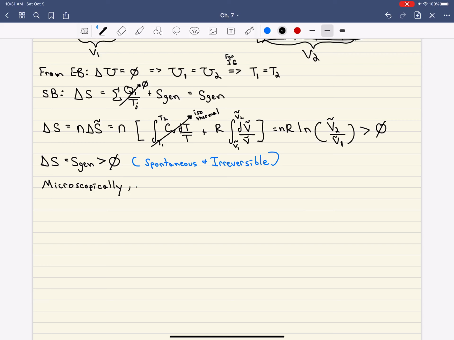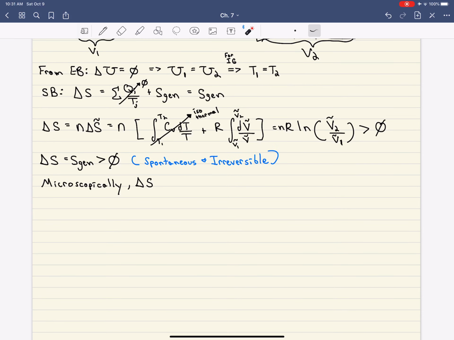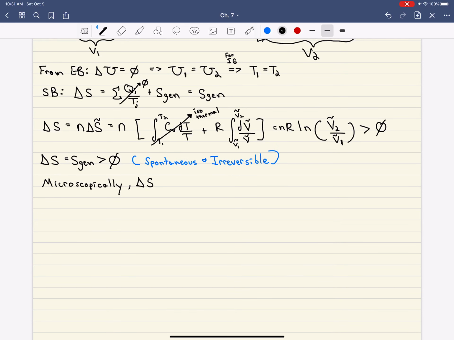And so, we see from our math that delta S increases. And that's because if we increase the available volume for the gas, that means that there's more places that the gas molecules can be. And if there's more places that the gas molecules can be, that means that there's going to be more ways that they can arrange themselves, more places that they could possibly be. And so delta S increases